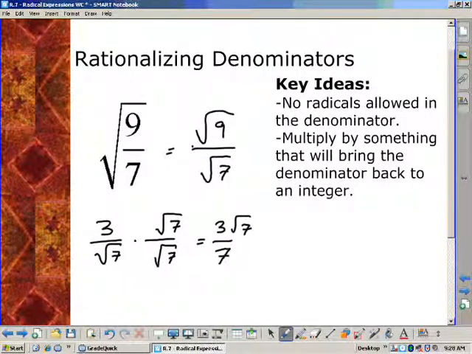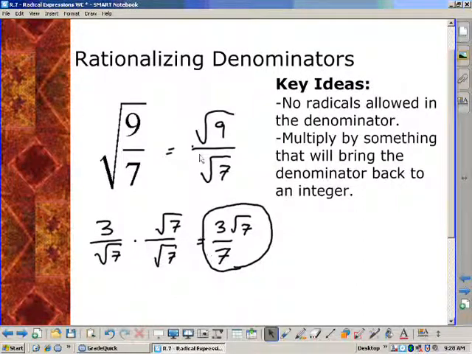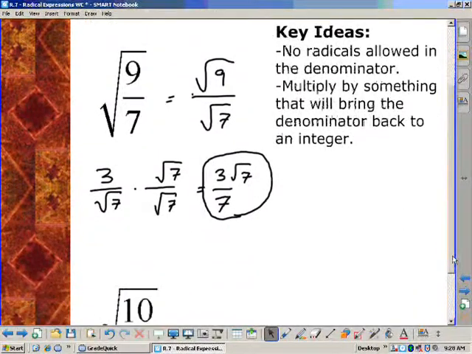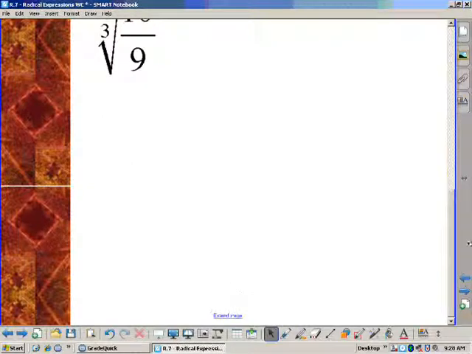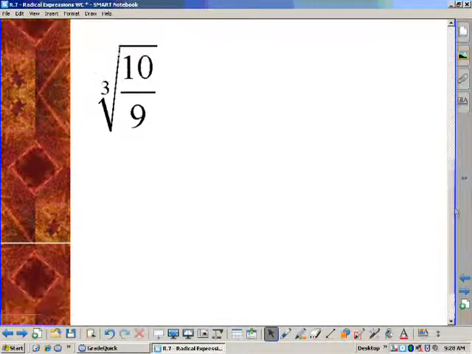You do want to check to see if you can simplify this at all, in case you happen to miss something up here, simplifying it earlier, or sometimes radicals have different parts of similar factors, and that would help as well. Again, this is something you probably did a little bit in honors geometry, and I know you should have done back in Algebra 1. You probably didn't do anything with cubes back then, so what you end up doing here,